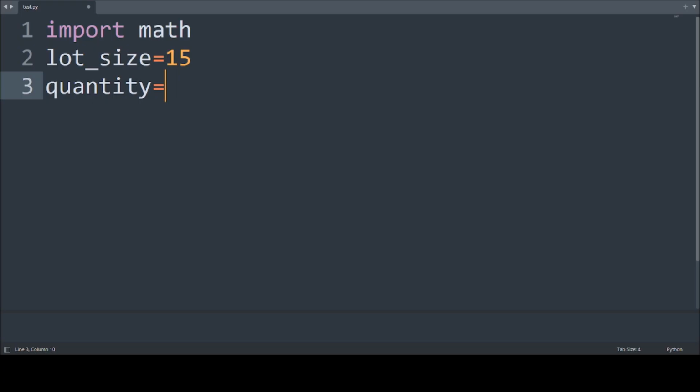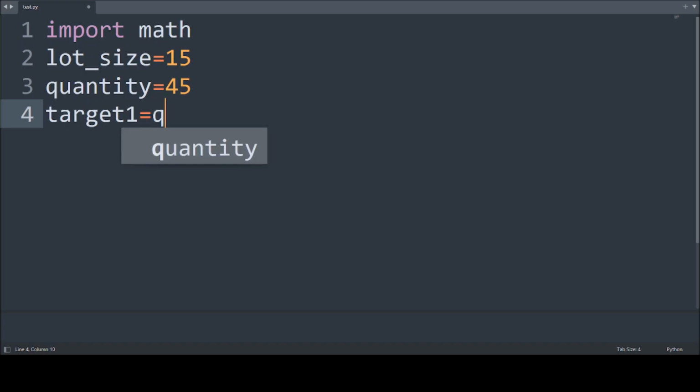As of right now I just go with 45, and I want to book partial profits, first 50% and then whatever remains. So how can we set this? We'll say Target1, and we have a formula. First of all we'll check with our lot size. We have the quantity, which needs to be divided by